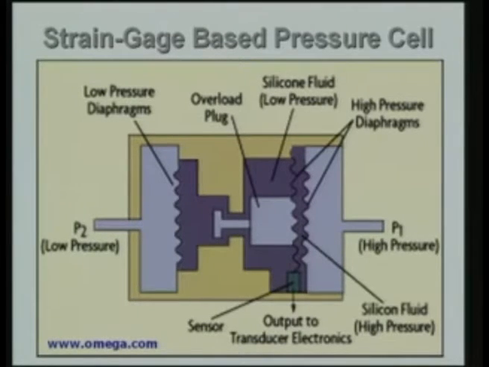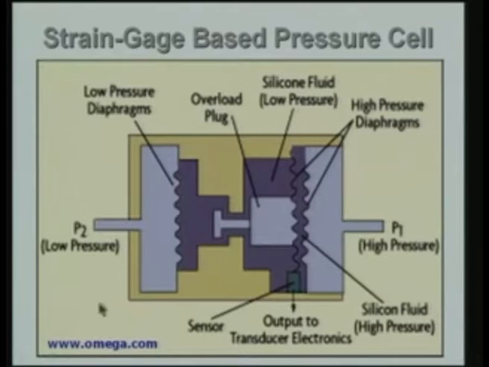So, we have discussed, in other words, two types of arrangements. One where I have a short tube, very thin wall material, and inside I am going to apply the pressure to be measured, and the tube is going to undergo a strain because of the stress developed in the circumferential direction. In fact, we can also do it in the longitudinal direction. There is no reason why you should not. Actually, the circumferential strain is slightly more than in the longitudinal direction. That is the reason we use that. And the strain is now measured using the strain gauge.